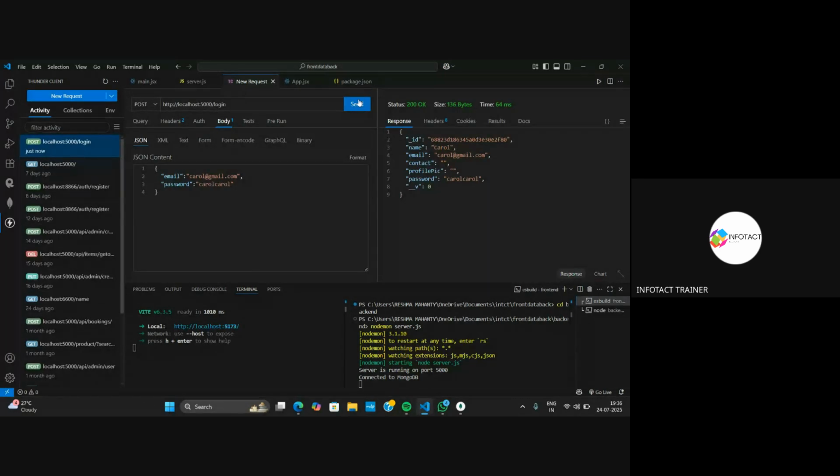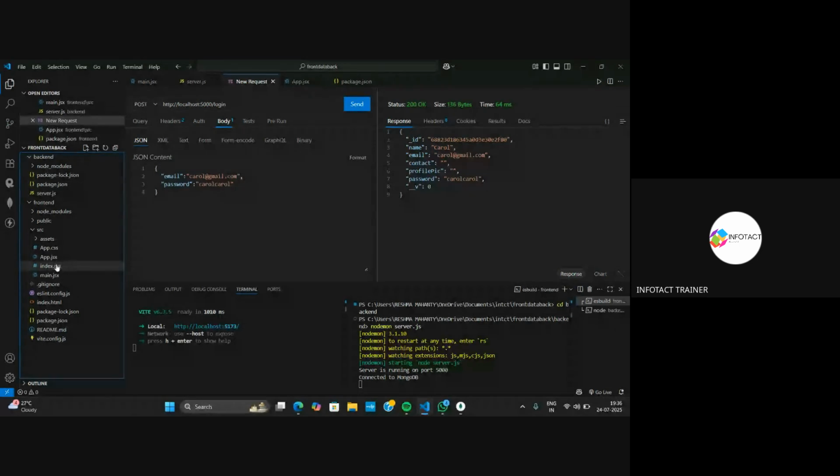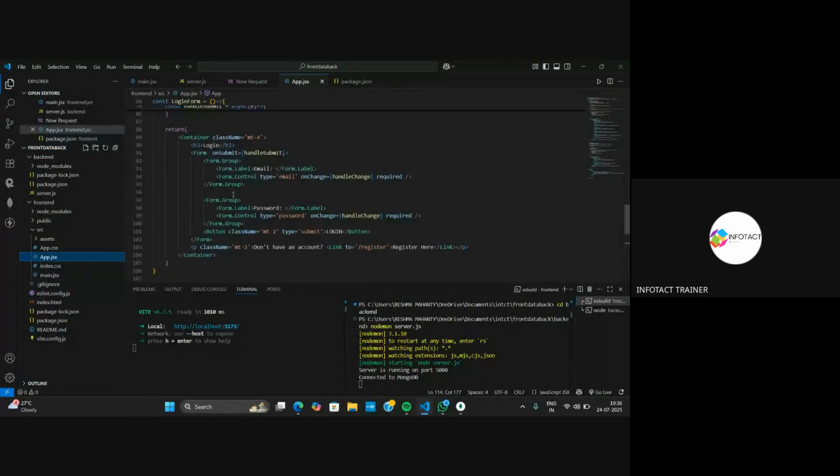It is providing the data, so it means we have to work in the front end. So now I will go back to the front end file, the App.jsx, and we have to see the